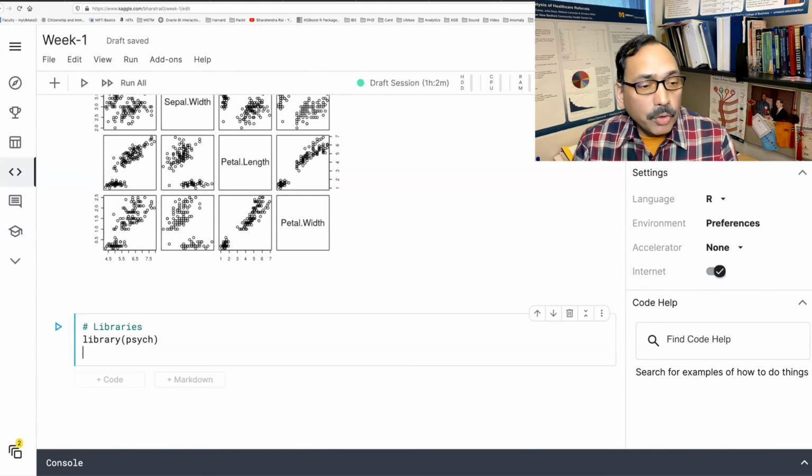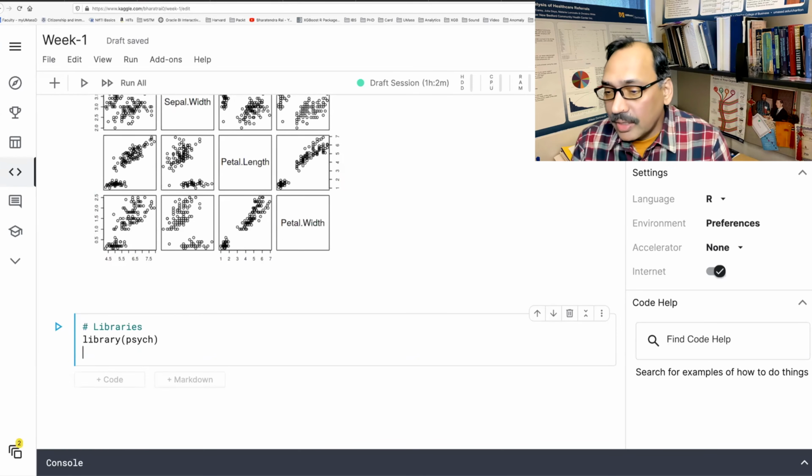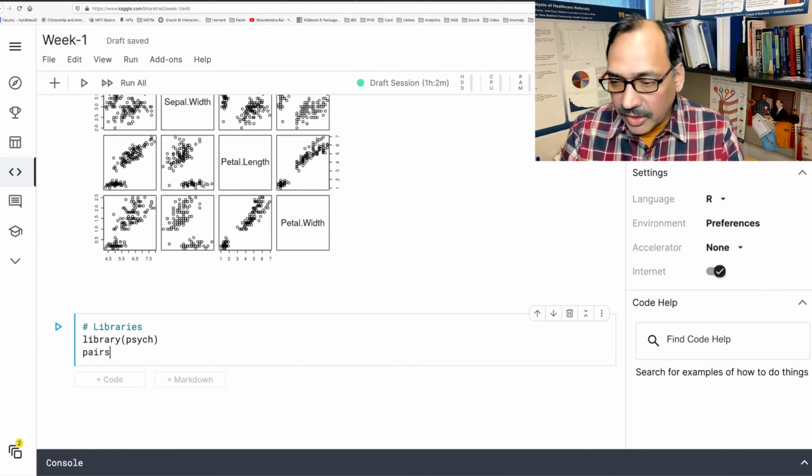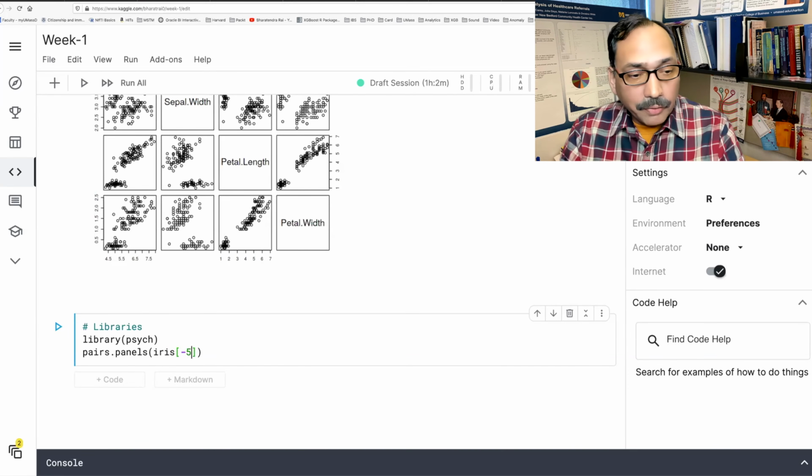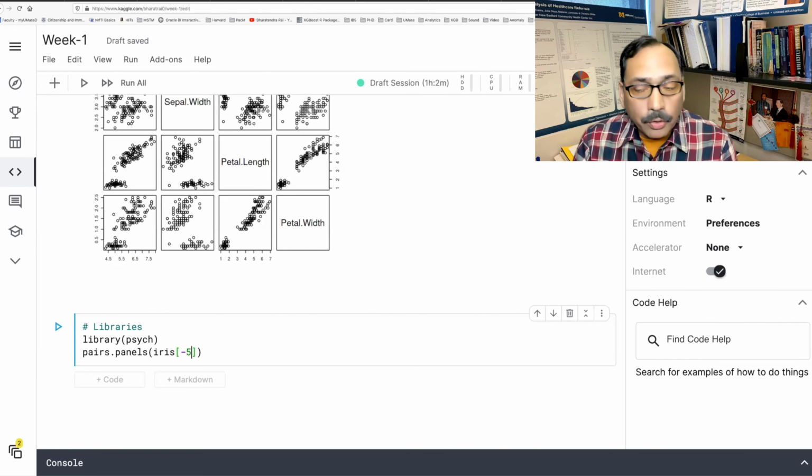The reason I'm using this package is because it has a very nice pairs.panels feature, where I want to plot iris, and square bracket -5 means I don't want species to be included.